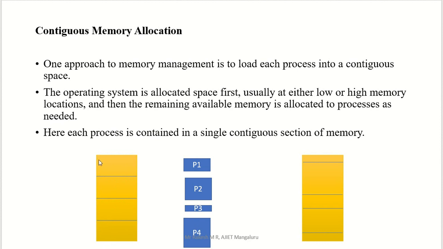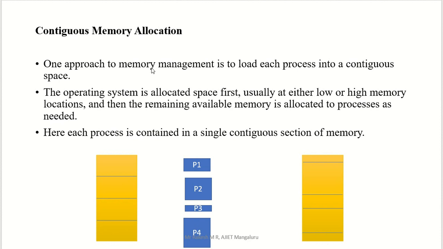Here we have a memory that you can think of as any size. The entire memory, that is the primary memory or main memory, we are dividing into a fixed number of blocks. This is one block, another block, another. There are a fixed number of blocks, and each block has a fixed size. This size is already fixed, we can't change it. This size is also already fixed. So that is called contiguous memory allocation.